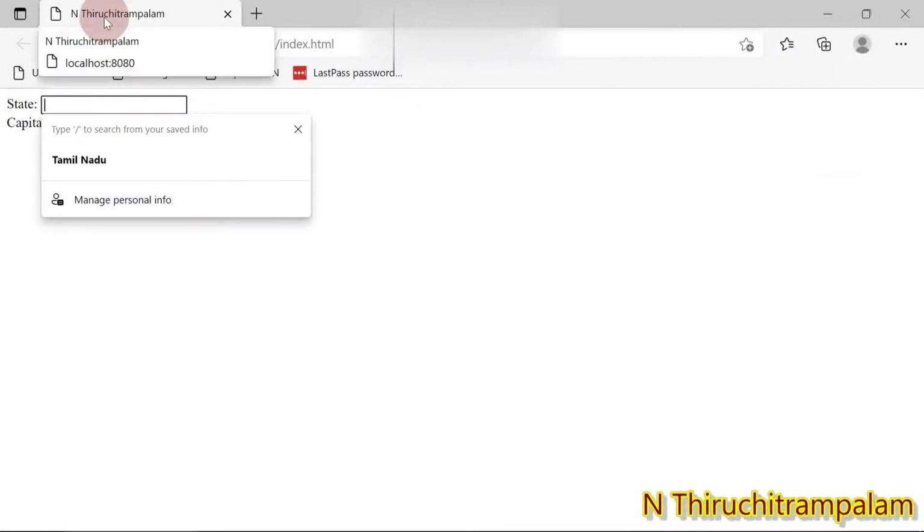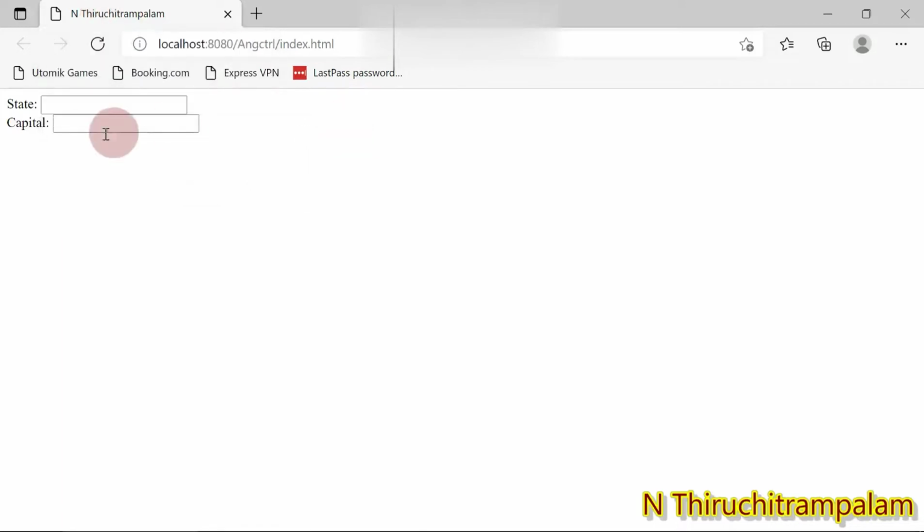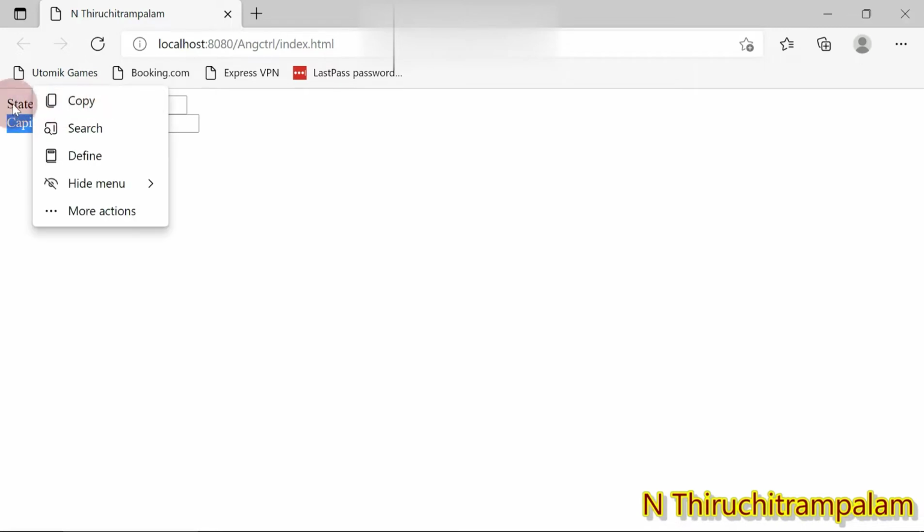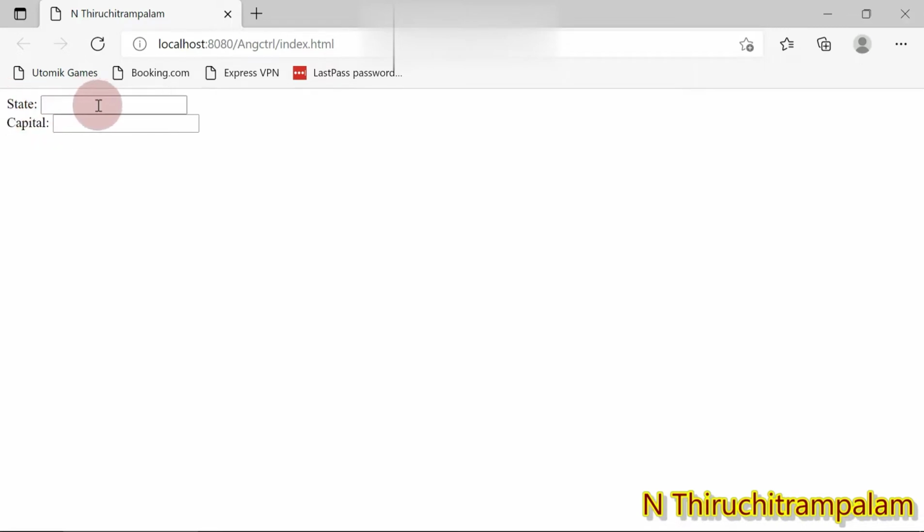Then you can see two labels, one is state and the other one is capital. Nearby state you can see a text box, and similarly nearby capital you can see a text box. That is there to get the input from the end user.